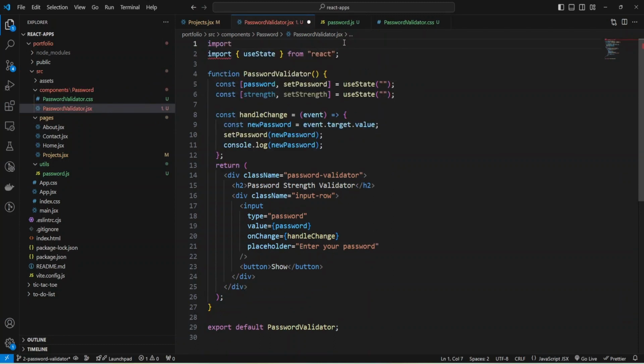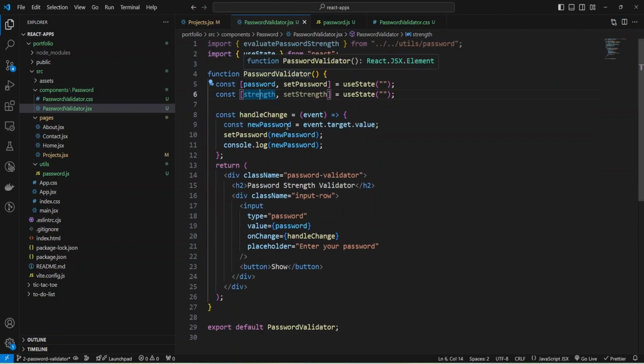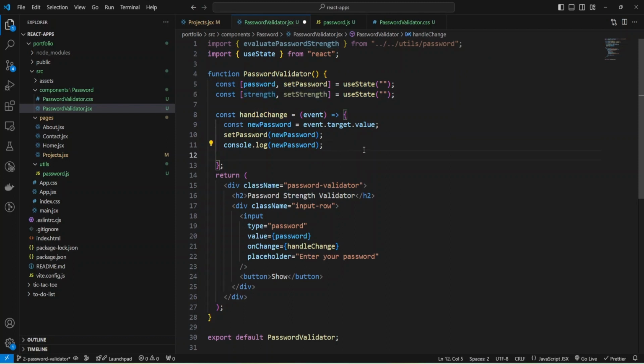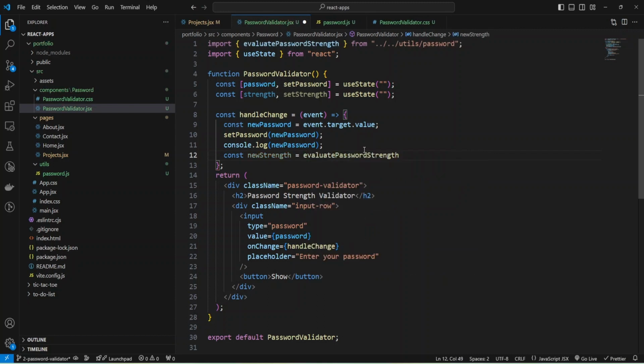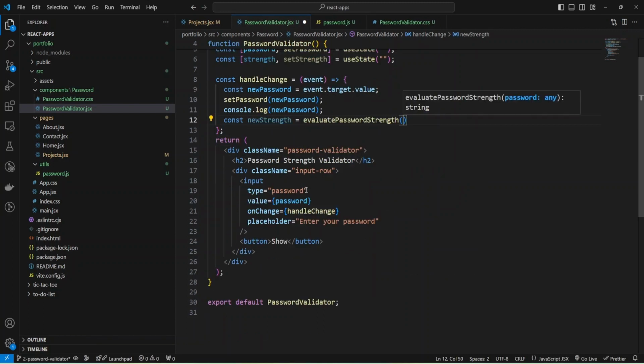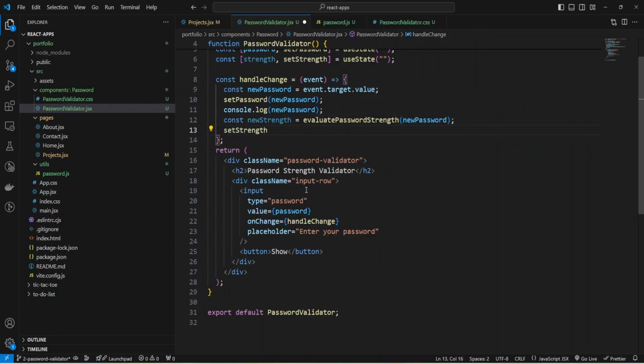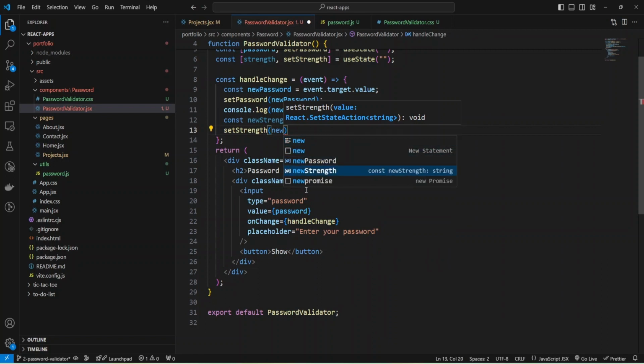Import evaluate password string, and now I can check this password strength in my code and use const new strength and use my function evaluate password strength and provide my new password and update the state to new strength.